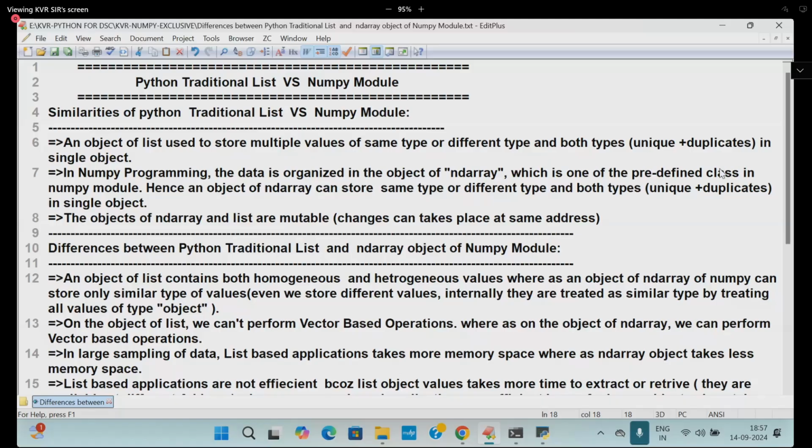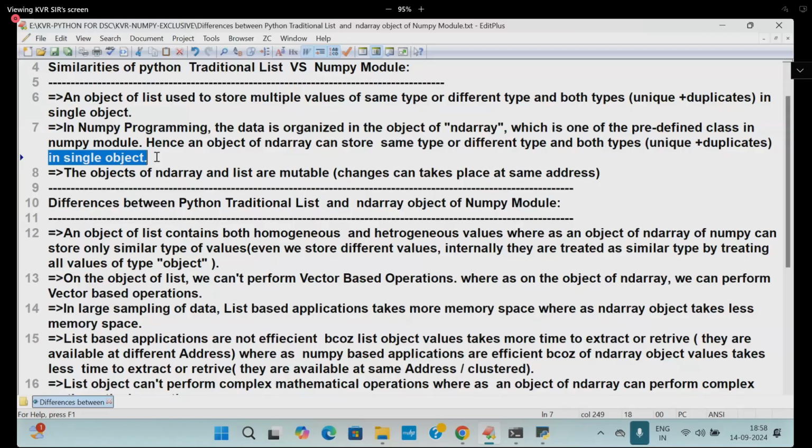Understand? Same type, different type, all the types. But when I'm storing different types of values, internally it is treated as what? Object type. Pandas also uses object type. Why am I going to talk this much about this object type? When I go to the next level concept called pandas, you just go to that. When you go to the project level, the Google Play Store project, you see the Google Play Store